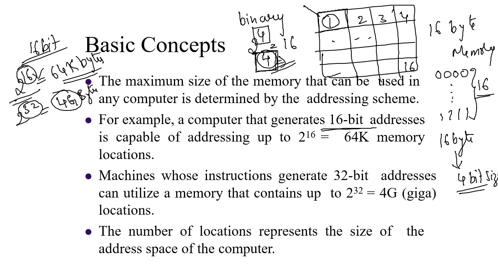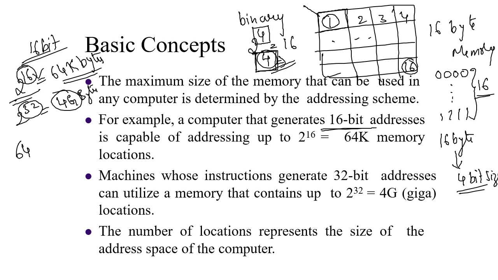See, in this case, the number of locations, here we have 16 locations. So these 16 locations represent the size of the address space. So there are total 16 addresses. So we can store 16 data in a 16-byte memory, whereas in case of 64 kilobytes of memory, we will